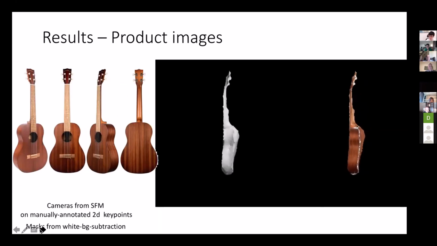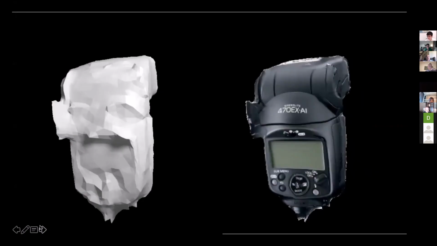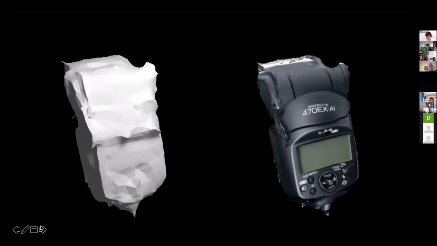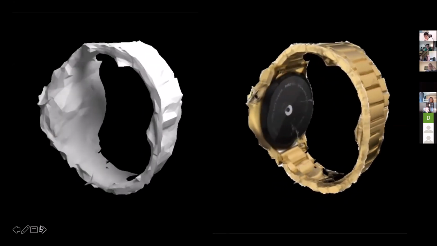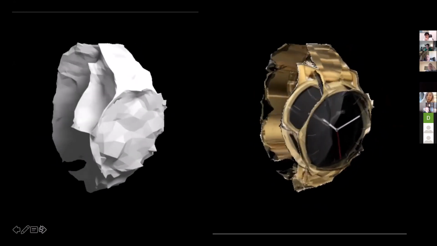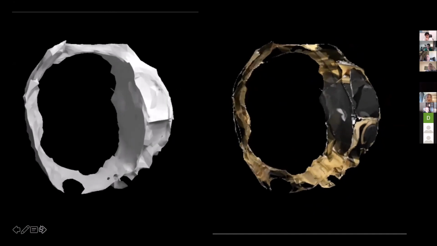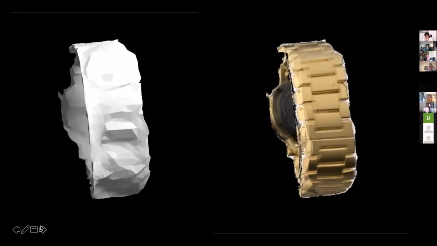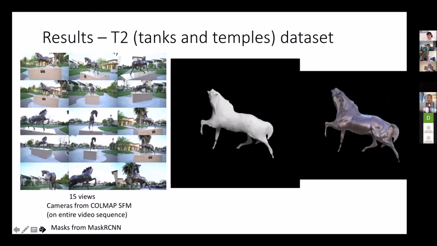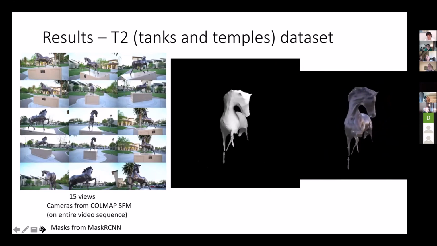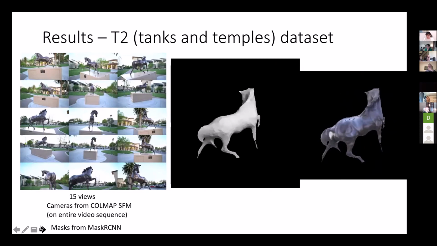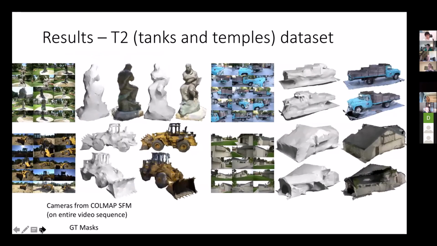And here are some, I think I've already shown this picture before, more results. So yeah, with these product images, they are interesting because basically the underlying assumption in all this texture transfer is that you have Lambertian surfaces. Because when you have specularities, then that assumption is not true. And that is what is responsible for some of the errors in these product images. But it is something which can be fixed in this paradigm, because we could, of course, do differentiable rendering with more sophisticated BRDF models, but to be sure.